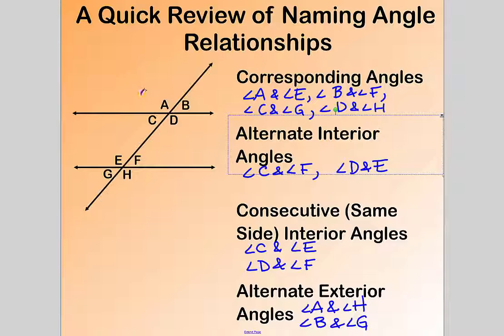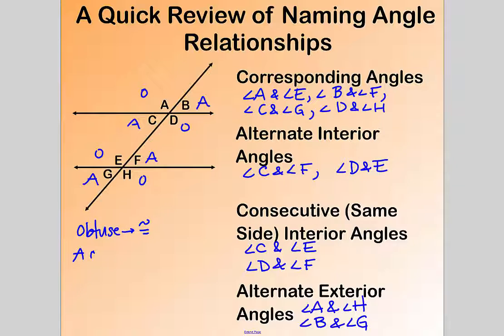I'm going to go through and label obtuse, acute, obtuse, acute, obtuse, acute, obtuse, and acute. And I know that all of my obtuse angles are going to be congruent. All of my acute angles are going to be congruent, and an obtuse and an acute would be